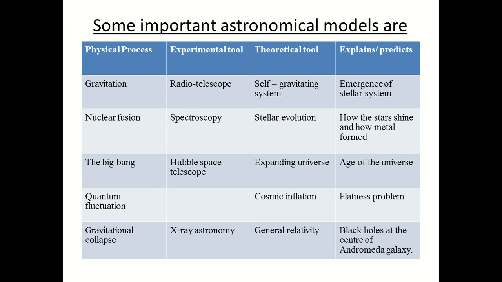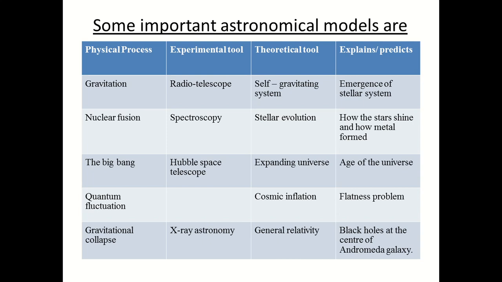finally what happens when all the energy of a system is released, or the fuel of a star is completely exhausted, then the gravitational force will overcome all other forces, and the object will shrink, and the size of the object will become very small, but its density will become very high, and that process is called gravitational collapse. So most of the stars will become black holes at the end of a gravitational collapse.